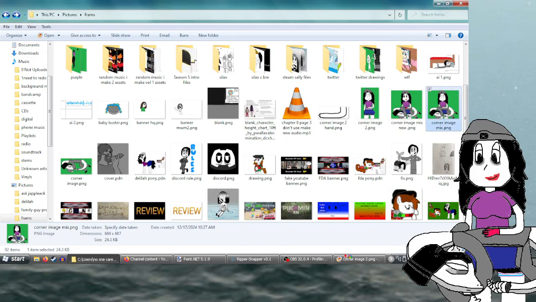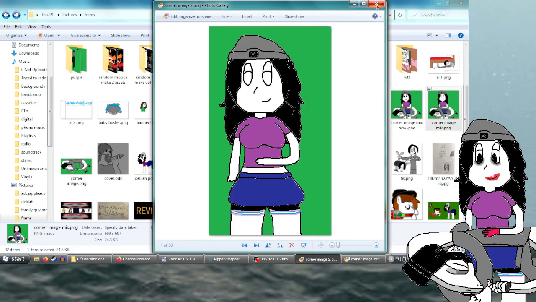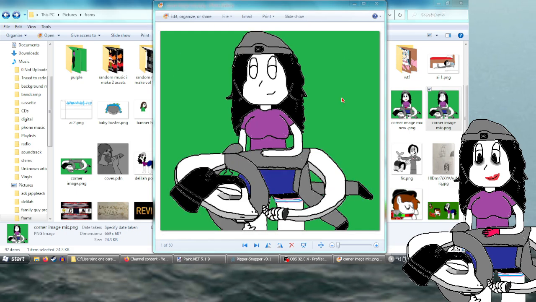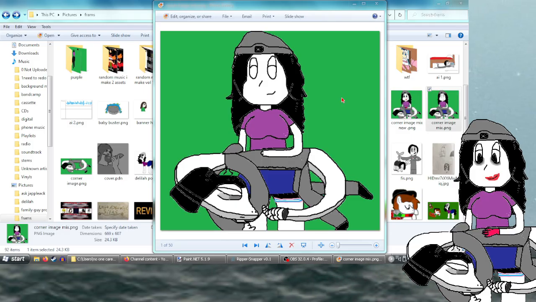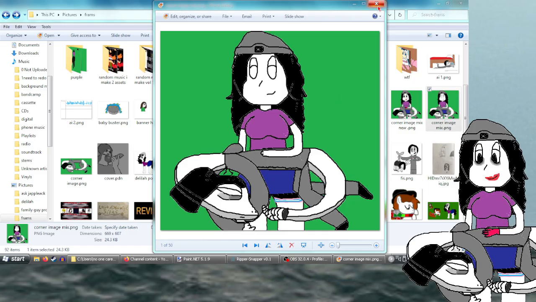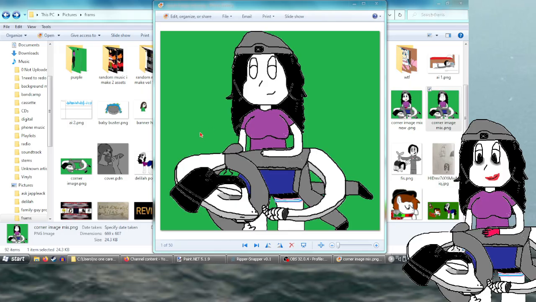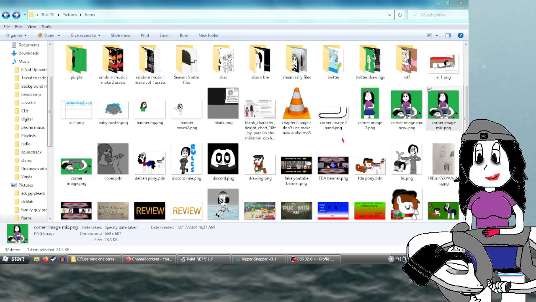And the original corner image, right here. There you go. The original corner image that I drew. And then right after I drew this, I made that yassifying my wife video. So this immediately came out outdated as fuck. And then my cousin was like,